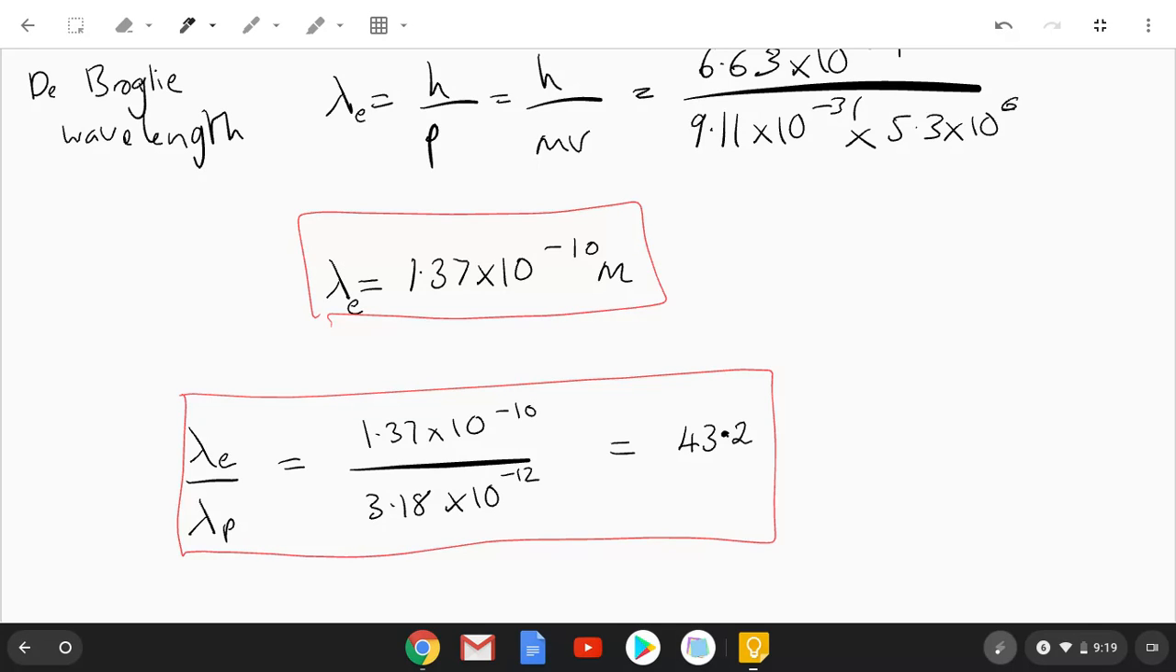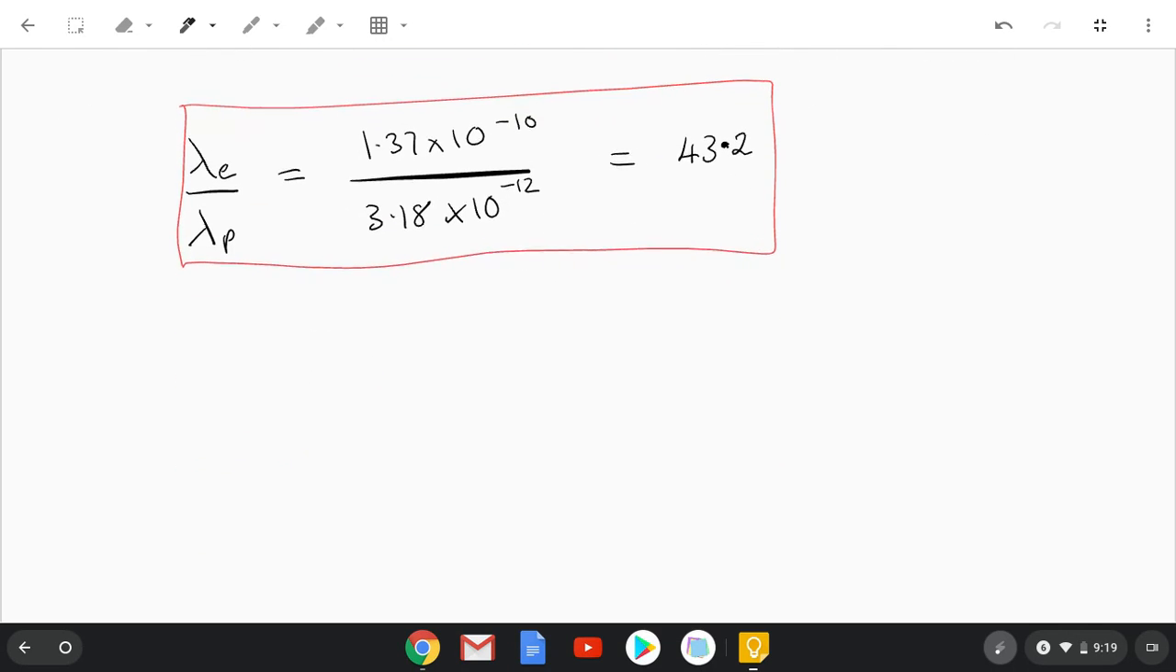So the reason why we use electrons in microscopes and in the electron microscope is because the wavelength is comparable to the gaps between atoms. Now, the gap between atoms is in the order of 10 to the minus 10, and the electron shows us that wavelength, whereas the proton is about 100 times smaller. So the proton's not going to show wave behavior as it passes through the gaps between atoms of different molecules